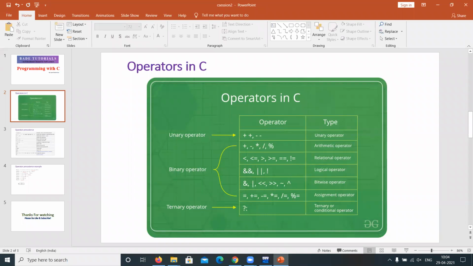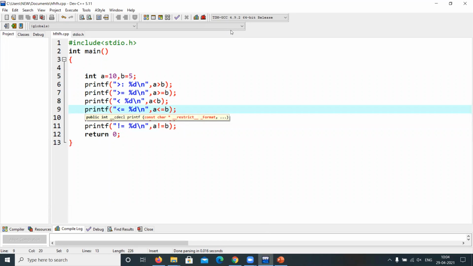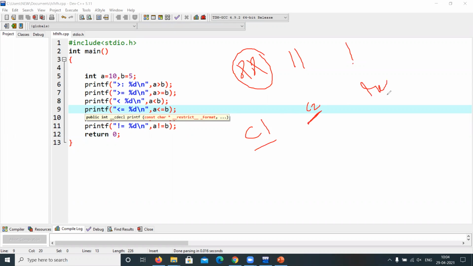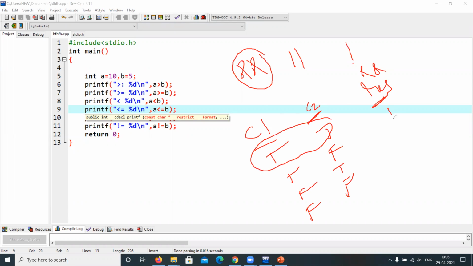And then we will see the logical operators. Logical operators are used to connect two or more conditions: and, or, and not, majorly. The truth table for and is, if there is a condition 1 and condition 2, we will get the result as true if and only if both the conditions are true. That means true true, true false, false true, false false, right? If both are true, then only you will get a true. Otherwise, you will get false only. That is for logical and.